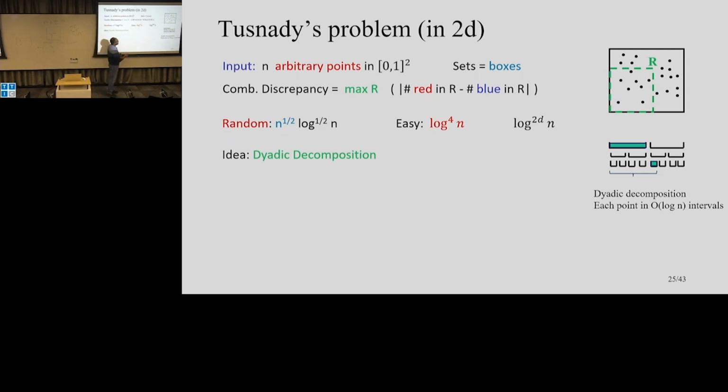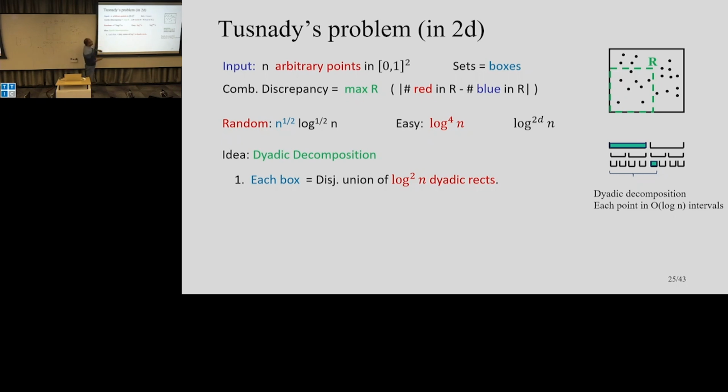So the idea is, let's just look at the one-dimensional picture first. Take the x-axis and decompose it into intervals of length half, quarter, 1/8, and so on, up to 1 over n. Good, and let me do the same on the vertical axis. So each of these dyadic intervals now will define a dyadic rectangle, right? Take one interval here and one dyadic interval there, and let's just stare at it.